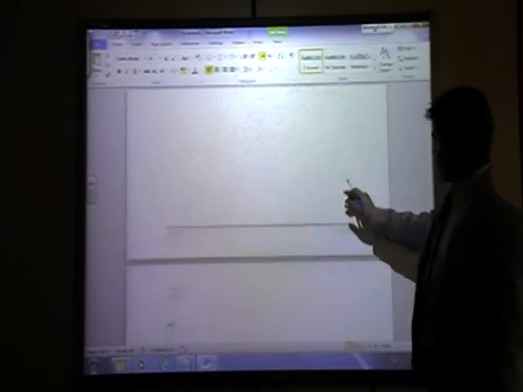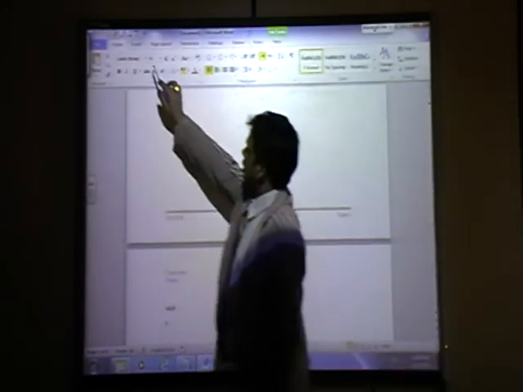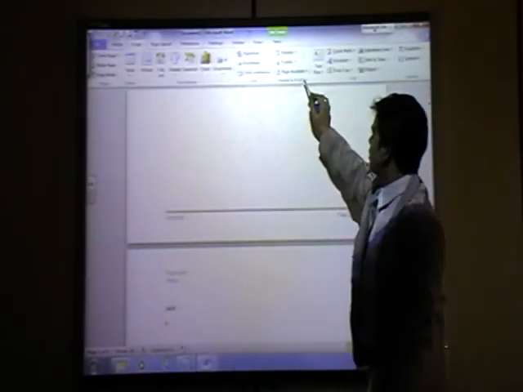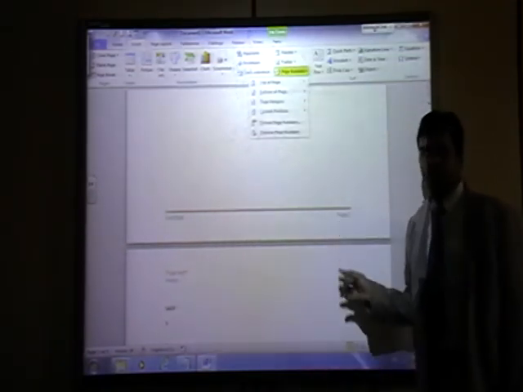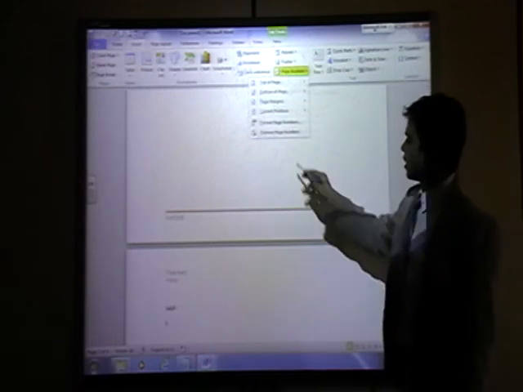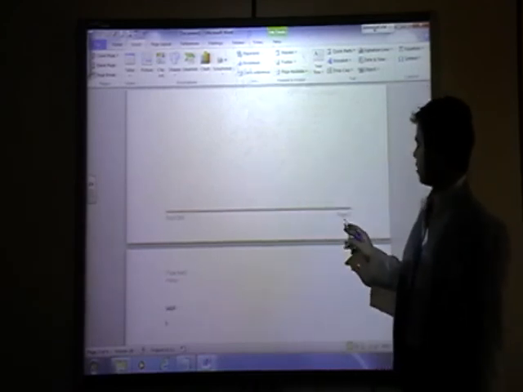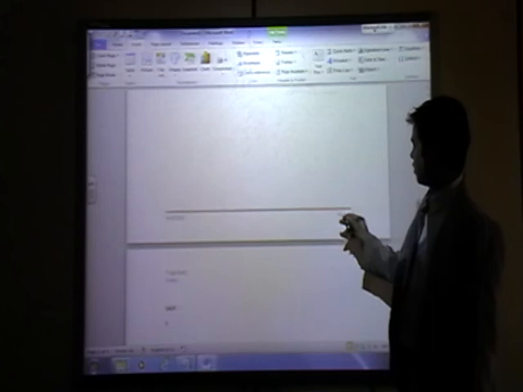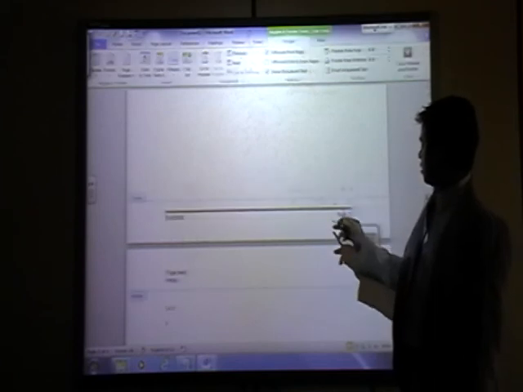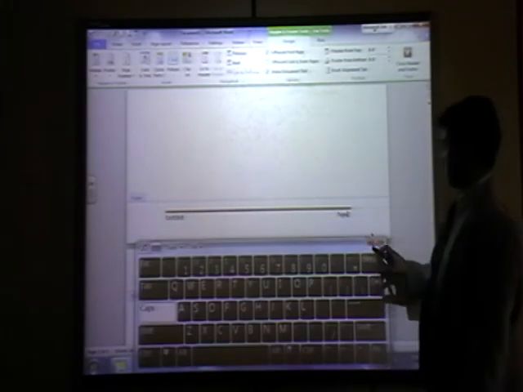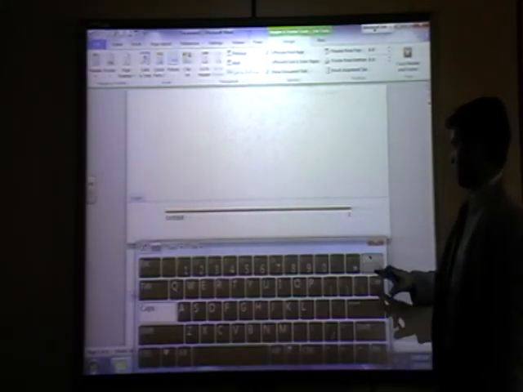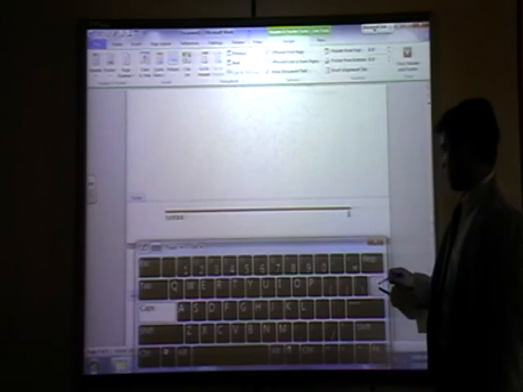Next one is page number. Insert page number. Already a page number is there. Page 1, page 2 is there. You want to insert and delete. I want to delete the page number. Click here and delete.